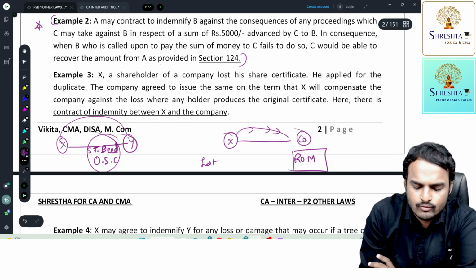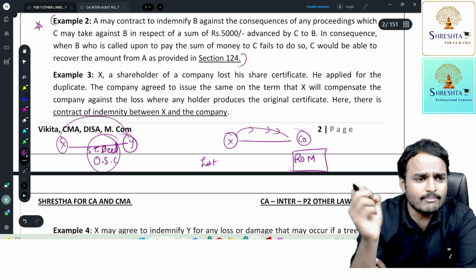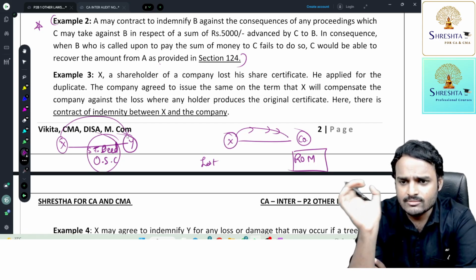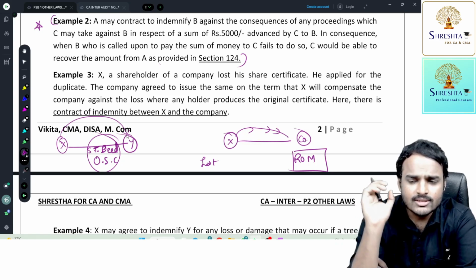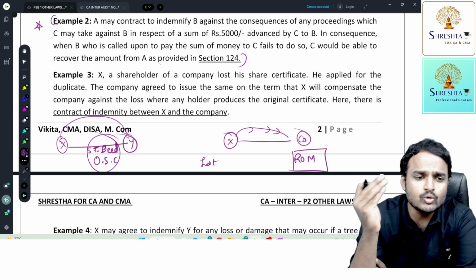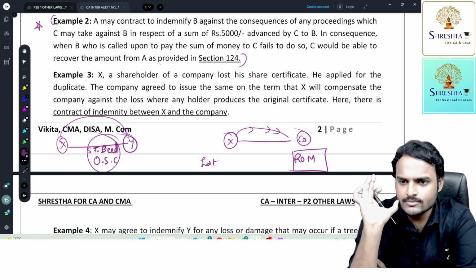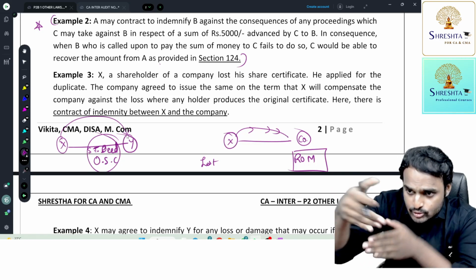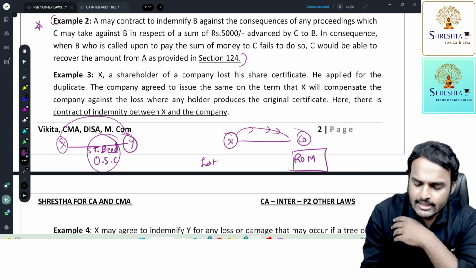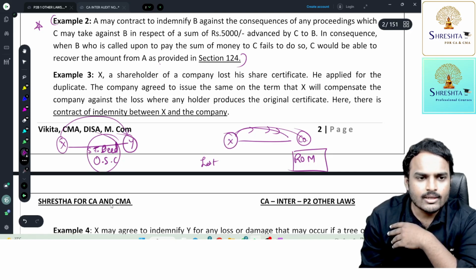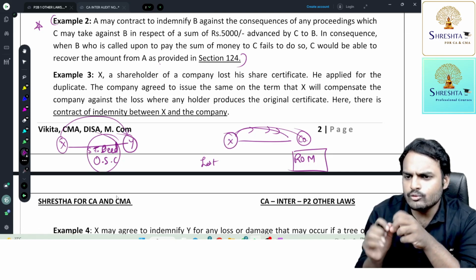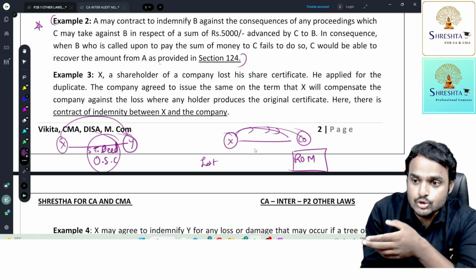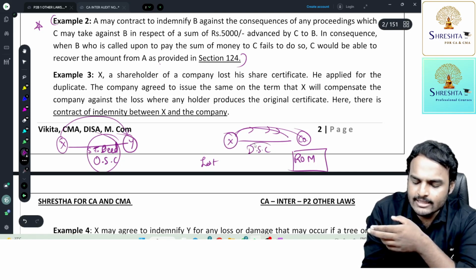And X might have told Y, go to the company after a week. For the time being, the company's key managerial staff are not available. They are on a business trip. So go to the company after a week. Y said okay. But within that week only, X approached the company and is asking for a duplicate share certificate. Suppose the company, in good faith, issues a duplicate share certificate in the name of X,